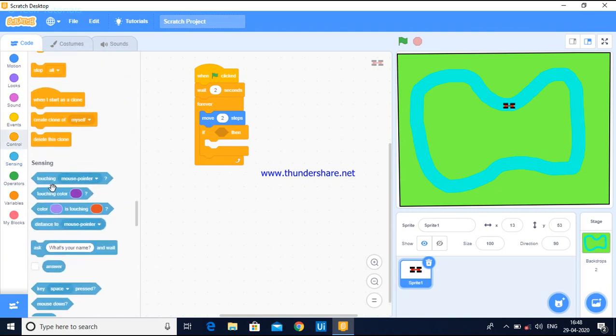Sorry, that is in sensing. So touching color, I'm just selecting and keeping it here.